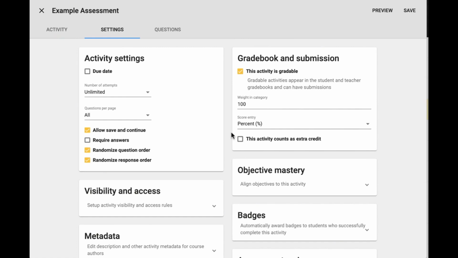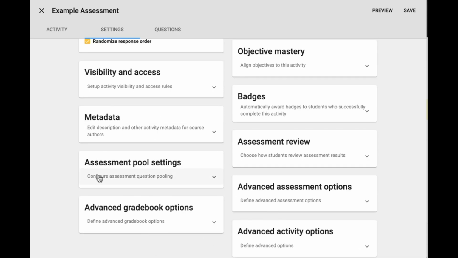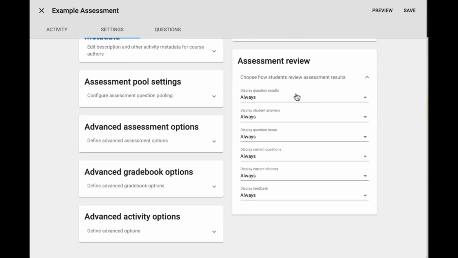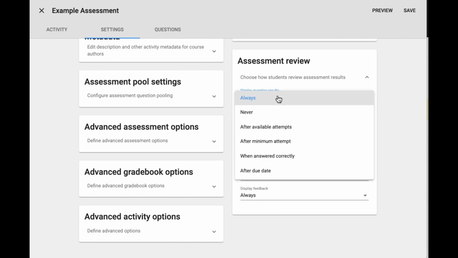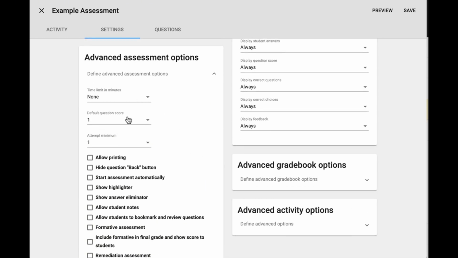The settings that are unique to assessments are going to be assessment pool settings, and there will be a different video on creating an assessment pool. Assessment review, which will help you indicate how students review assessment results. You can choose from a drop-down of always, never, after available attempts, after minimum attempts, when answered correctly, and after due date. Under advanced assessment options, you can choose a time limit, the default question score, which is every time you